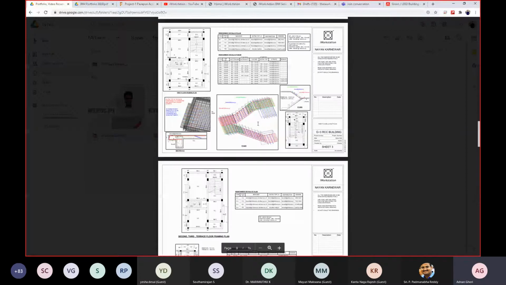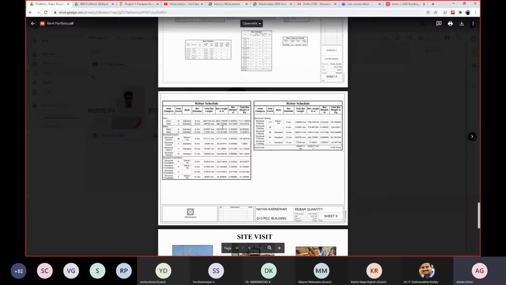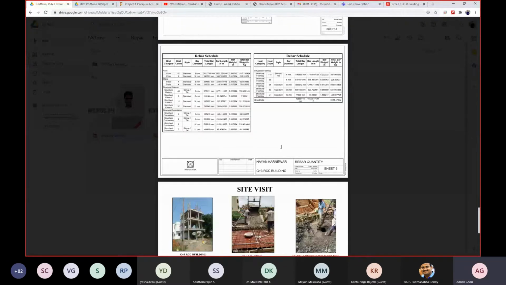The reinforcement detailing has been done in a proper manner. He has extracted the quantities for column, for beam, for slab and every other element, for walls as well. It is extracted for rebar schedule also. Total weight of bar in kg.